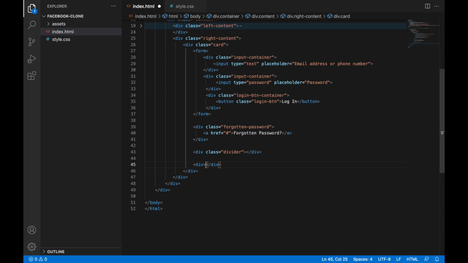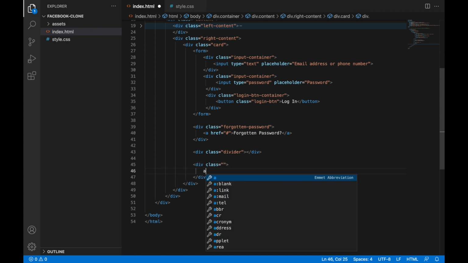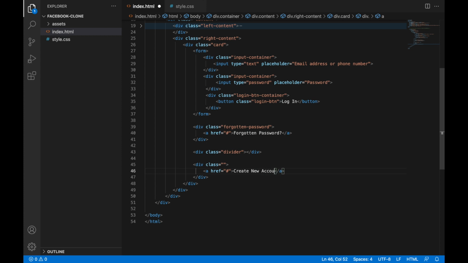So we'll create an anchor tag, href hash, and here you can say create new account, and let's add a class over here. We'll simply say create-new-account. So let's copy this class, save, and go to the style sheet,